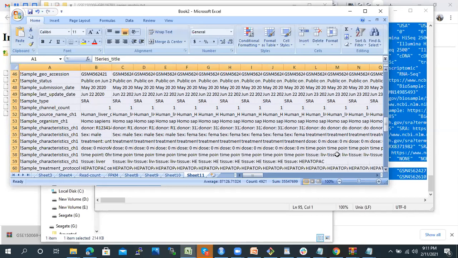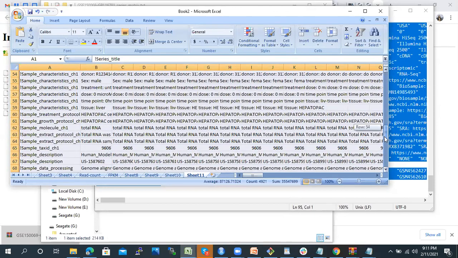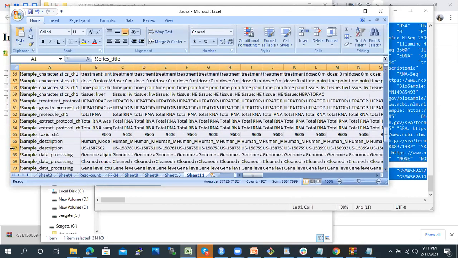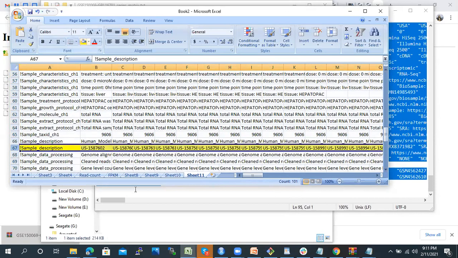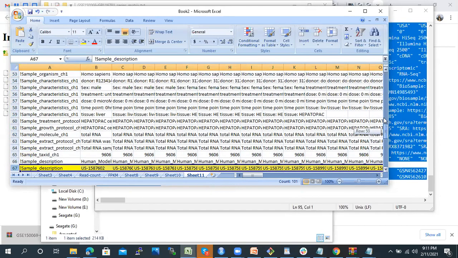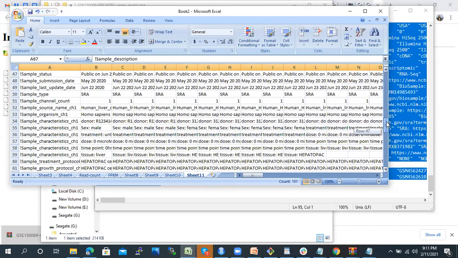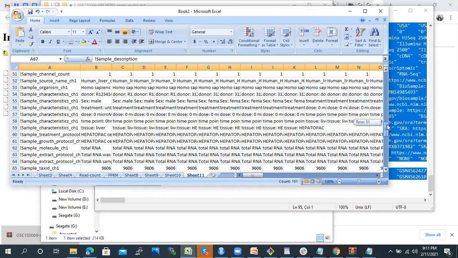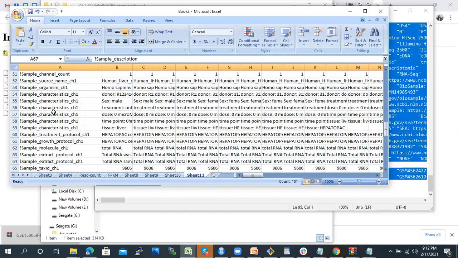But we have those IDs, if you remember, that is US something, right? So if you go through that and look at where you get it. So here is the sample description, right? This is where we will get it. You just get this ID somewhere, sometimes they write it after the sample ID. So you have to search this particular file to find out the different characteristics and which category they belong to.